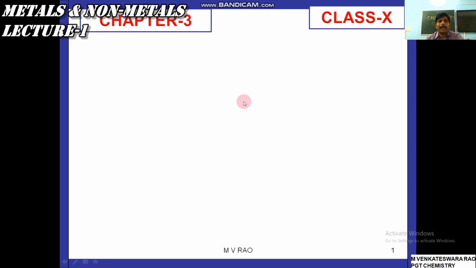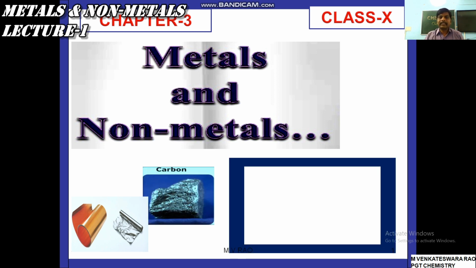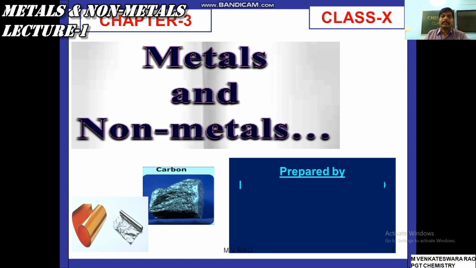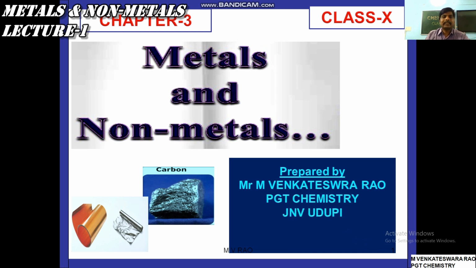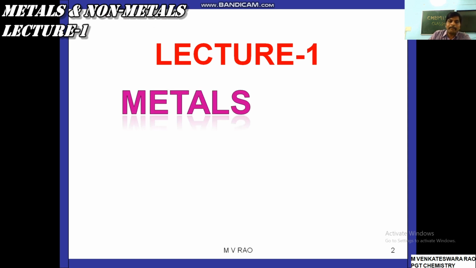Now today I will start a very important lesson in class 10th from chemistry part, that is metals and non-metals. Metals and non-metals, it is a very important chapter. So total 5 chapters there from chemistry part. From 5 it is the third chapter. So metals and non-metals. First of all, in today's class, we will discuss the introduction of metals.